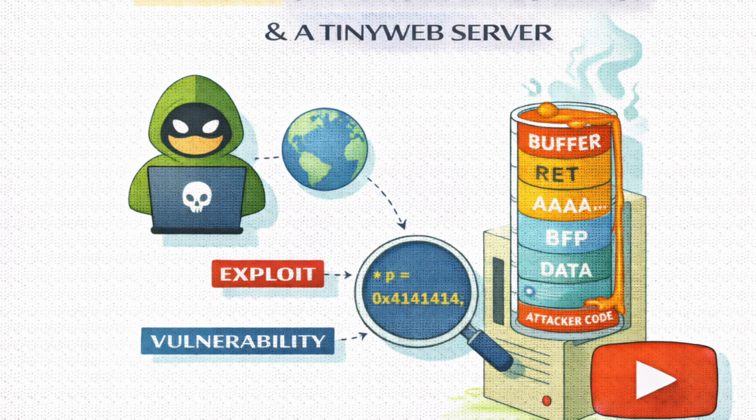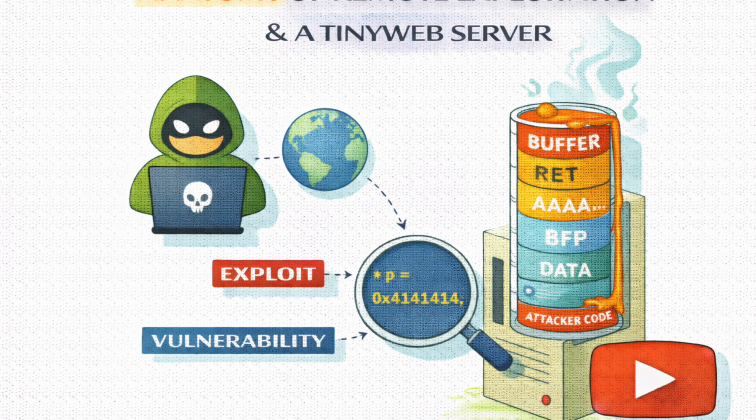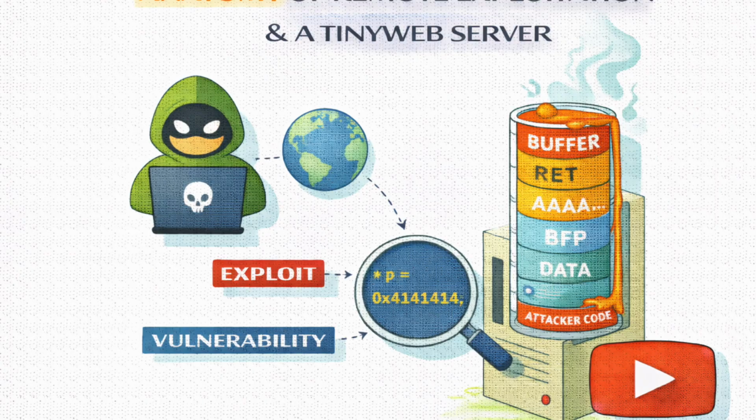And this is where the forensics come in. The source walks us through using GDB, the GNU debugger. It's exactly like doing an autopsy on the crash. You restart the server, you attach the debugger to the running process, and then you crash it again. But this time you're watching it die in slow motion. What are we looking for in the wreckage? We're looking for the offset. Remember, we sent the 1,000 A's. We need to know exactly which A overwrote the return address. Was it the 500th A? The 504th A?